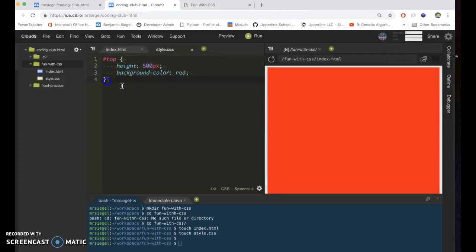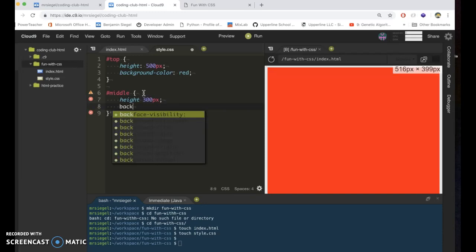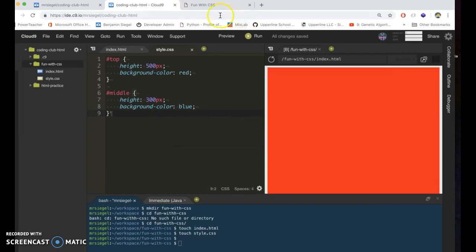Well, let's do this again for the middle, so you can see the separation here. So now I'm going to do middle. Okay, and this one I'm going to give a height of, I don't know, 200. Actually, that makes no sense. Let's do 300 pixels. All right, and we're going to give this one a background. Oh, I forgot my dots here. That's why those little X's occur. A background color of blue. Okay,